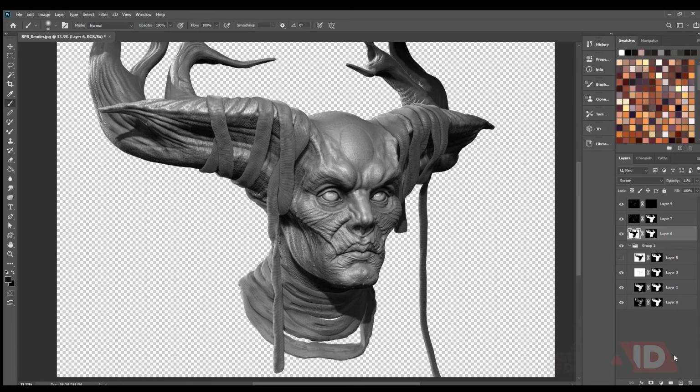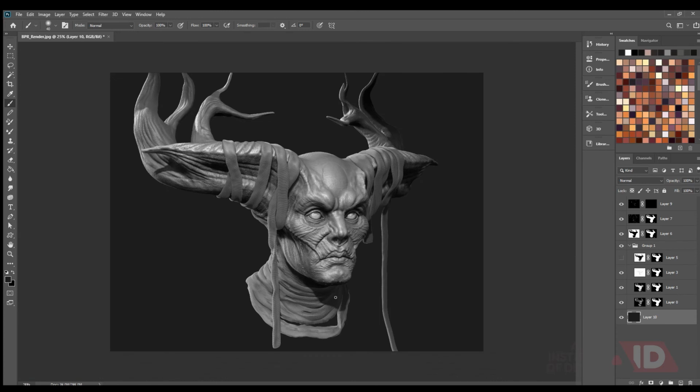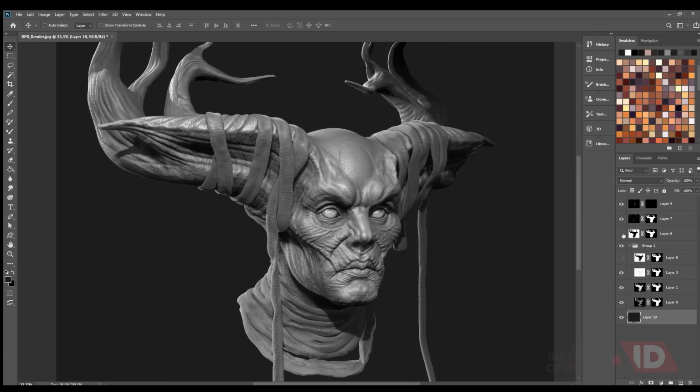Now what I'll do is I'll just add a background to this. I can go and check if I need this extra depth. I can use it if I want.